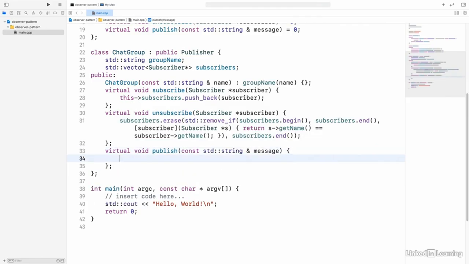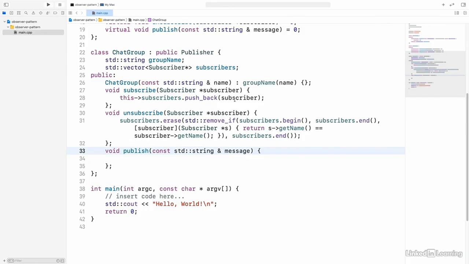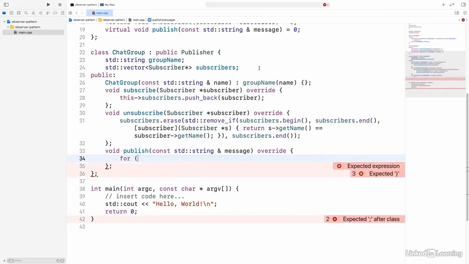The last method of our chat group that we're going to implement here is the publish method. Oh, and one more thing: we need to remove virtual for all of these and add override. Forgot about that when I copied and pasted it. Override, override, override. And for publish, all we're going to do is loop through all of our subscribers and call